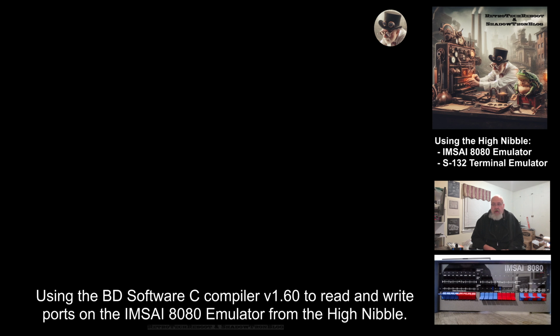So on the front panel of the IMSAI 8080 are a set of programmed input switches and a set of programmed output LEDs, and those are on port FF hex on the machine. And we're going to write a small C program to read the switches and display them on the LEDs on top. It's going to be a little more complex than that,